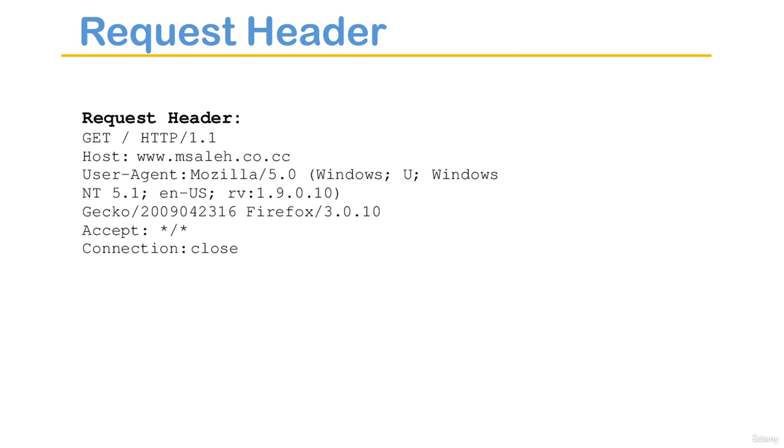The first thing is accept. It tells the server what kind of content the client is willing to accept, such as image types, office document formats, and so on. So this type of thing we will be attacking when it comes to the file uploading vulnerability. Okay, and the second thing is accept encoding, which tells the server what kind of content encoding the client